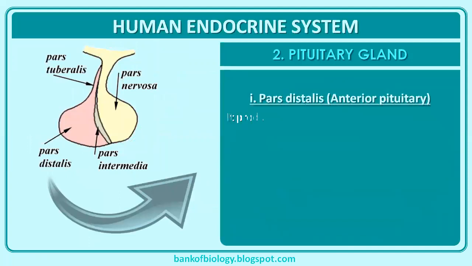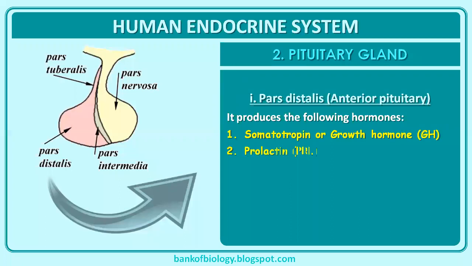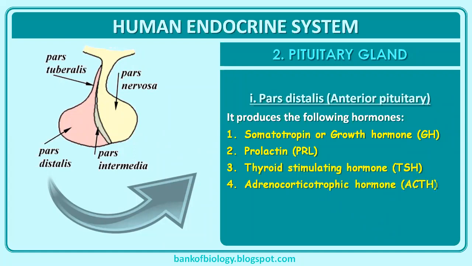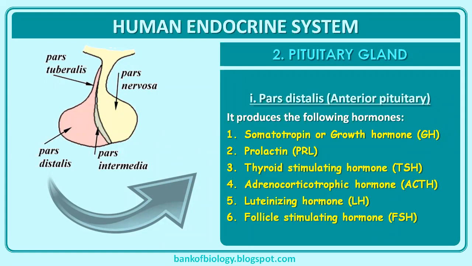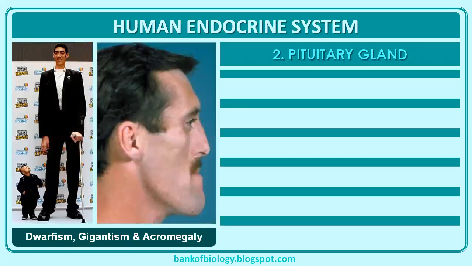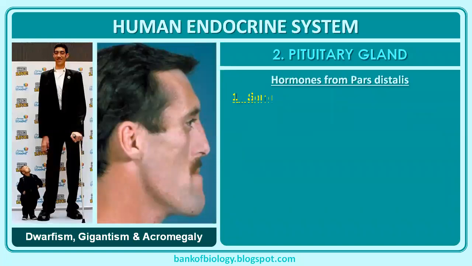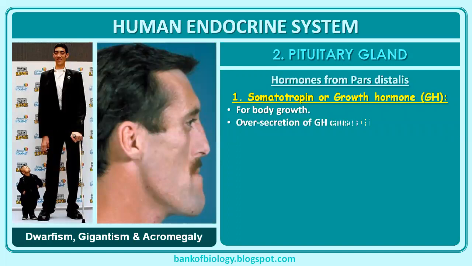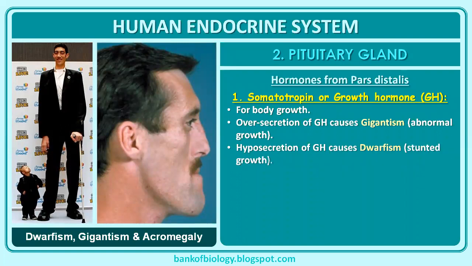About the pars distalis, the anterior pituitary, the hormones are somatotropin or growth hormone, prolactin, thyroid stimulating hormone, adrenocorticotropic hormone ACTH, luteinizing hormone called LH, and follicle stimulating hormone. Throughout endocrinology, the very important thing is that you need to know the gland and its secretion, hormone and their function. So if you can do this,